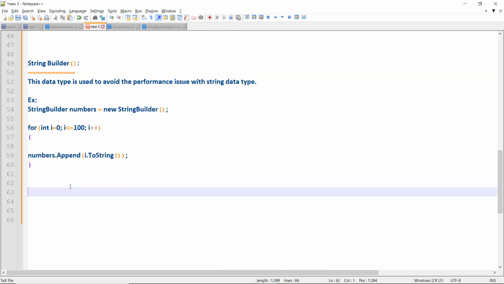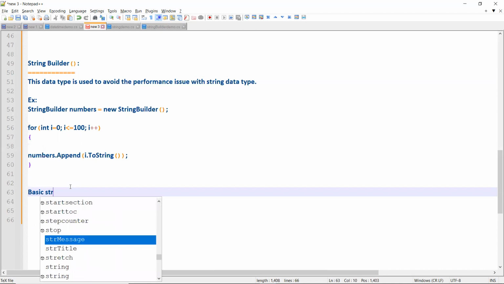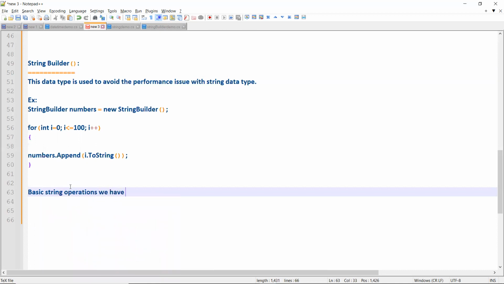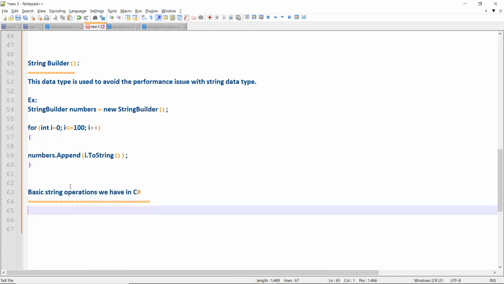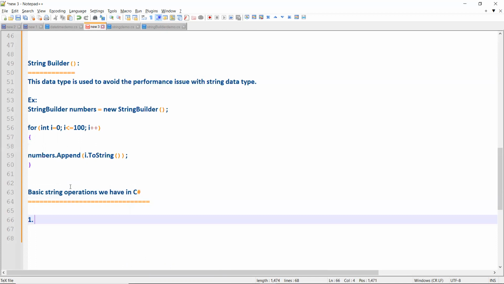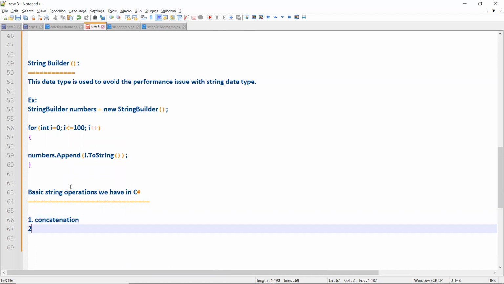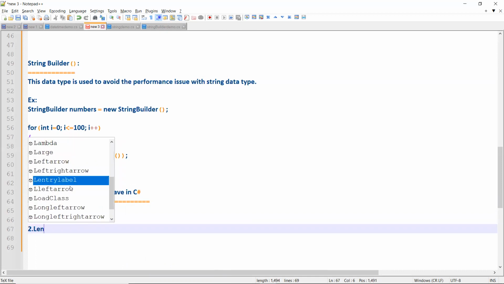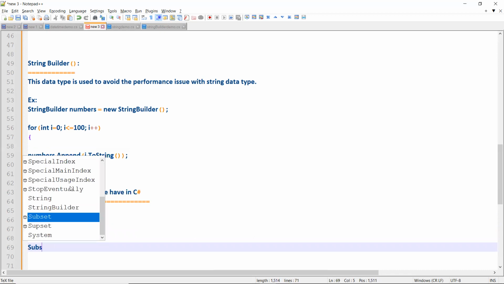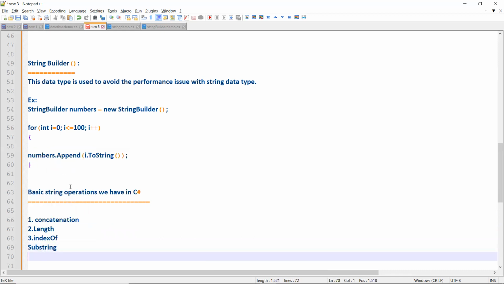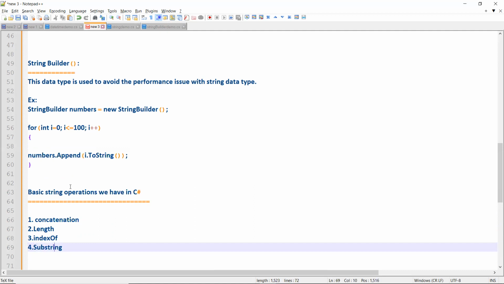Okay. And apart from this, basic string operations we have in C#. So we basically have a couple of operations on strings in C#. One thing is concatenation. Second is length, third is index of, fourth is string, next one is